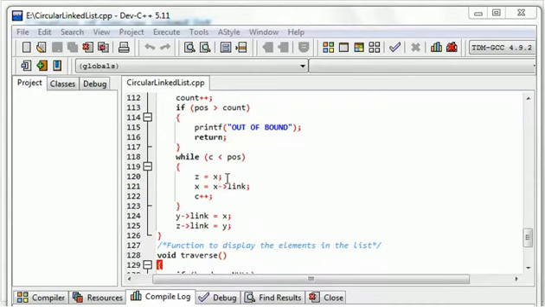So z is representing the previous node of the node present at a particular position. The link part of that previous node, I am attaching with the new node. So my new node y has been added in between z and x. So we have added something at a particular position in the linked list also.